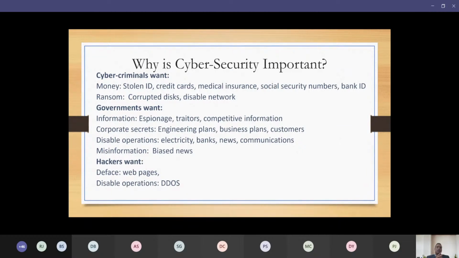And when we are talking about the operations or the critical infrastructure part, again the government would be trying to secure it, and sometimes the other counterpart would be trying to outrage or disrupt that particular service,